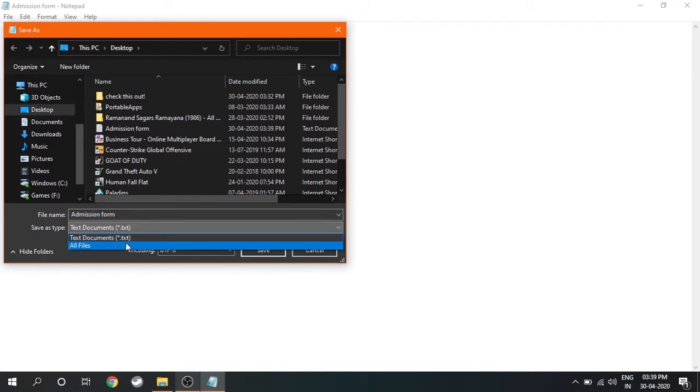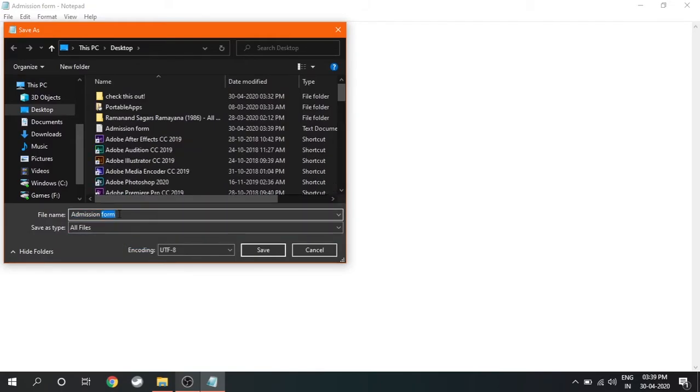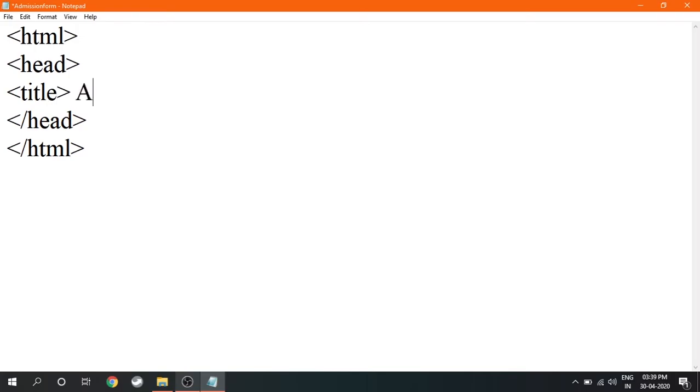Choose all files .html and remove the space. So now write down the HTML tags. So start with HTML/HTML, then write the head, close the head, then write the title inside the head, which is admission form, then close the title,